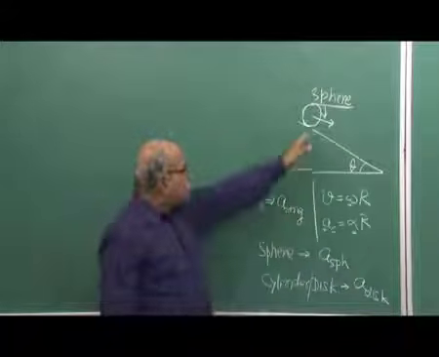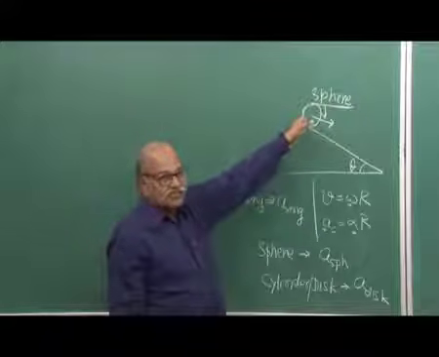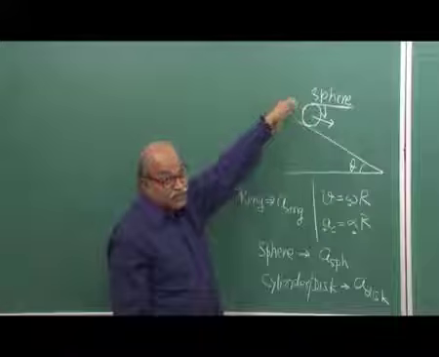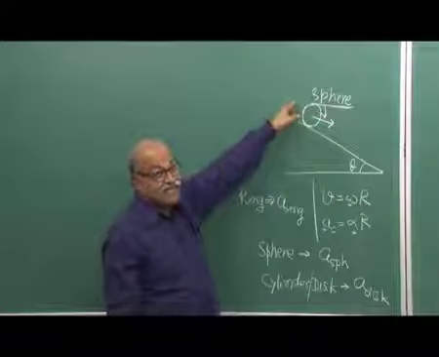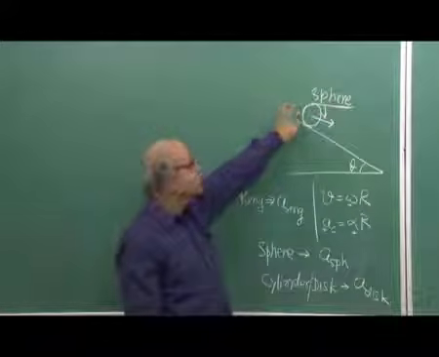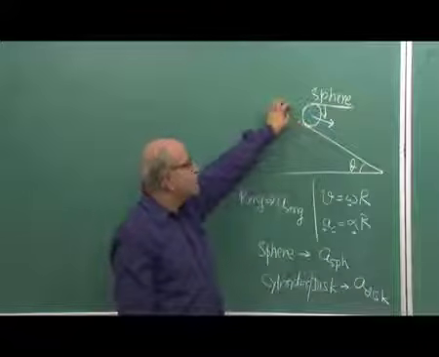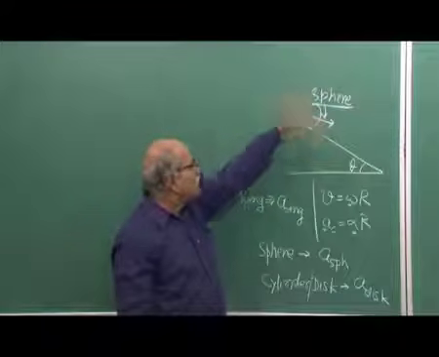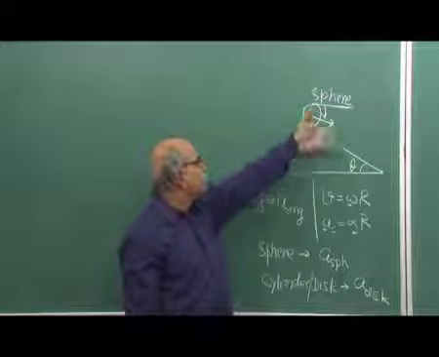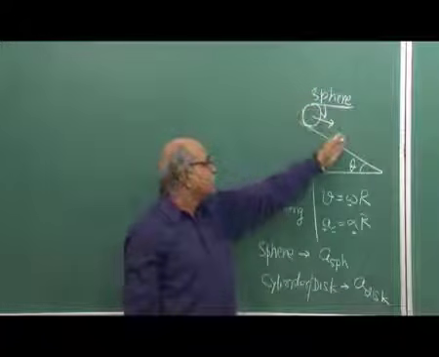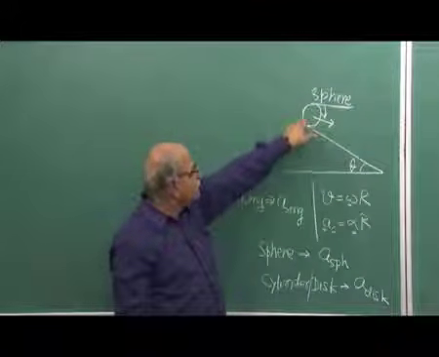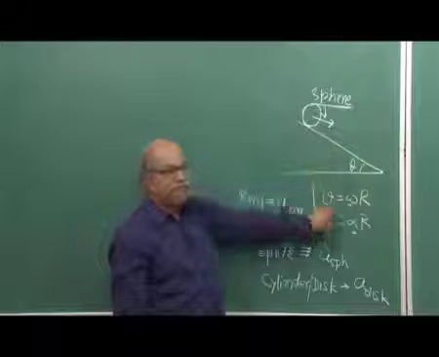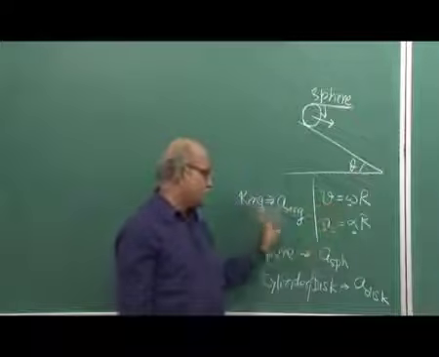And for doing that, you have to write the force equation, you have to write the friction, and remember, friction is not mu times N, because it is a static friction which is here. So whatever is necessary, only that much friction will be there. And then you write the equations, all the components, and write the equation for the center of mass, and then the equation for angular acceleration,